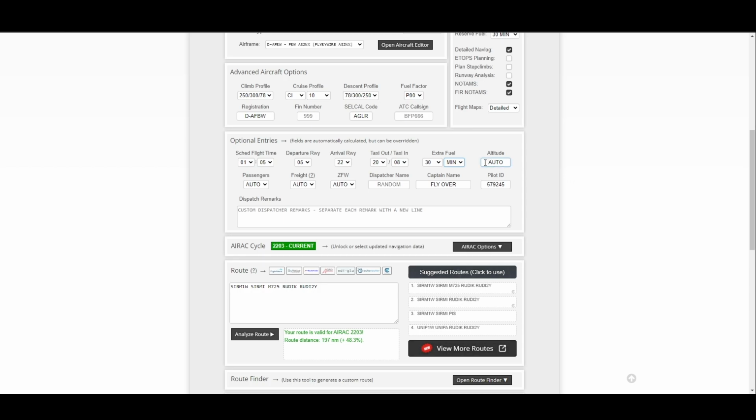Again, altitude, it's gonna be auto, but you can type your own altitude. For example, we know this is a very short flight, and SimBrief will always give you the top ceiling of the route. So if you want to fly lower, you will put flight level 180, for example. You want to be in your lower airways, so you're gonna fly at 180, right? And also, but this is a topic for another video where I'm going to explain how you choose the flight level,